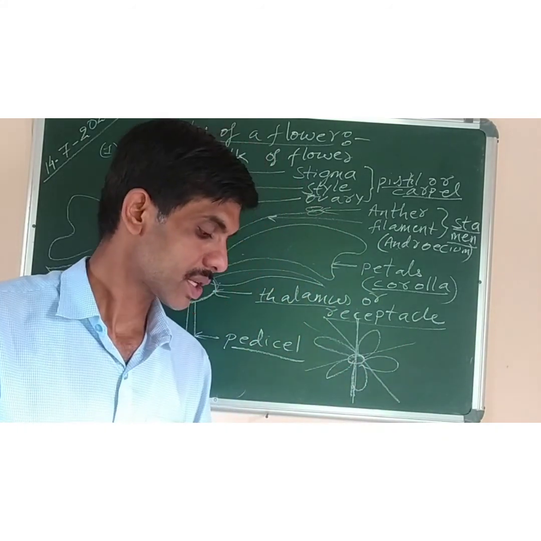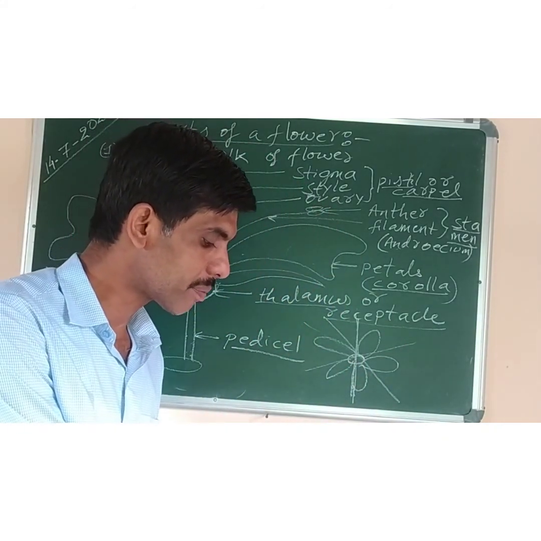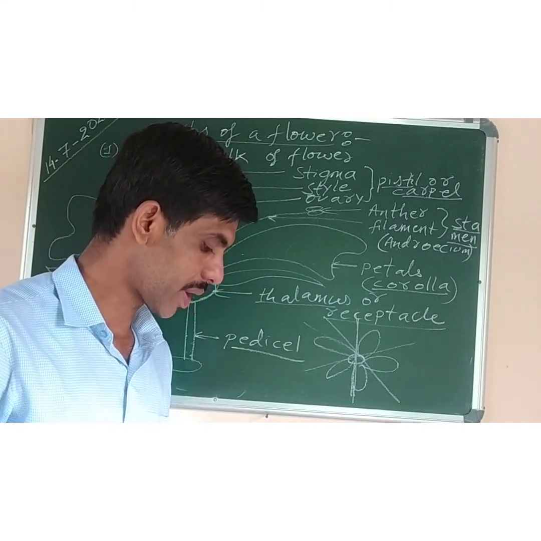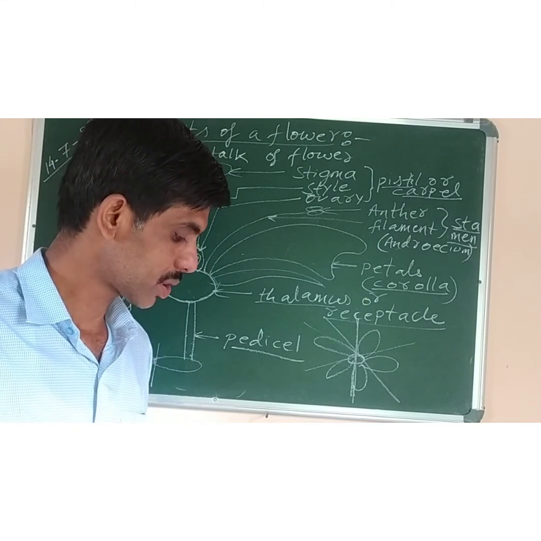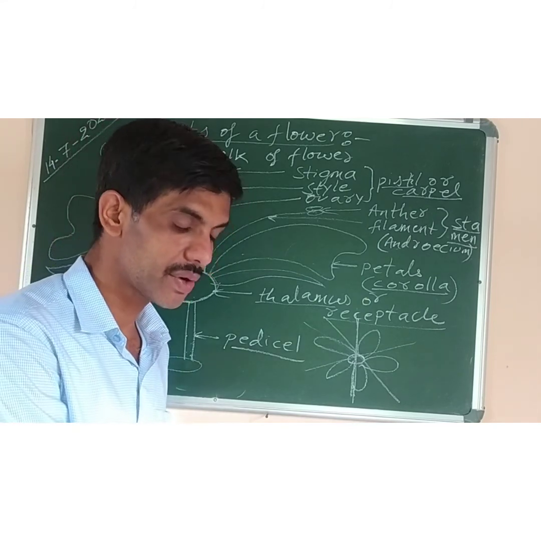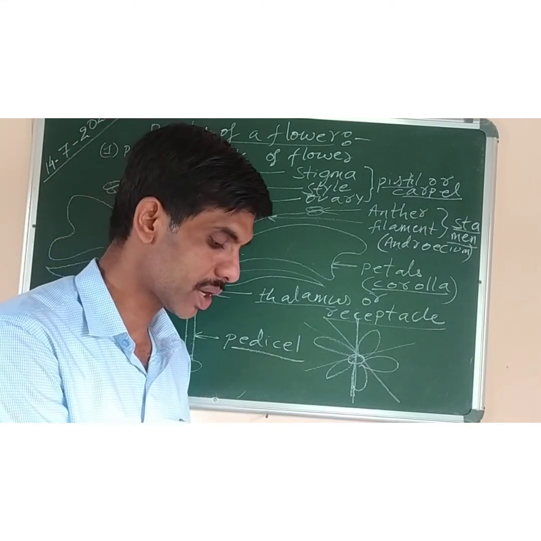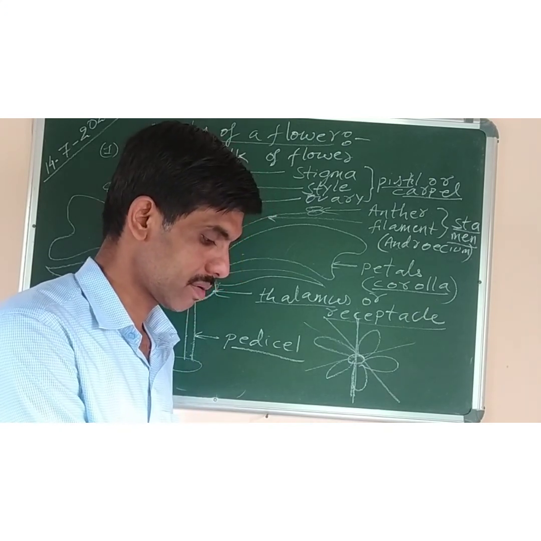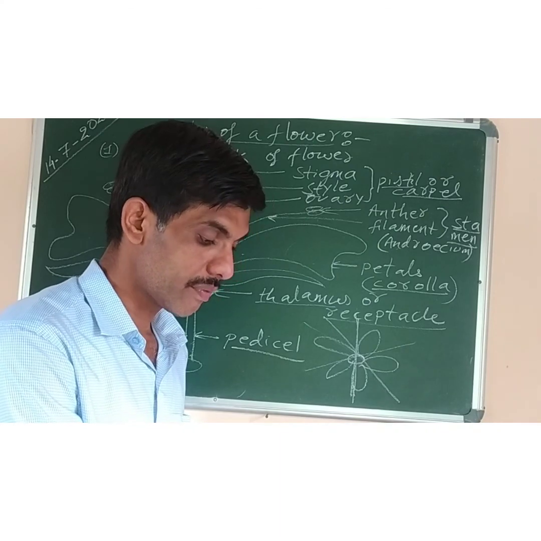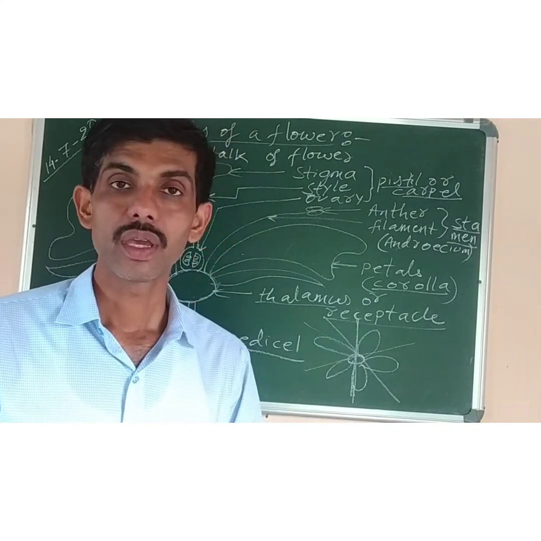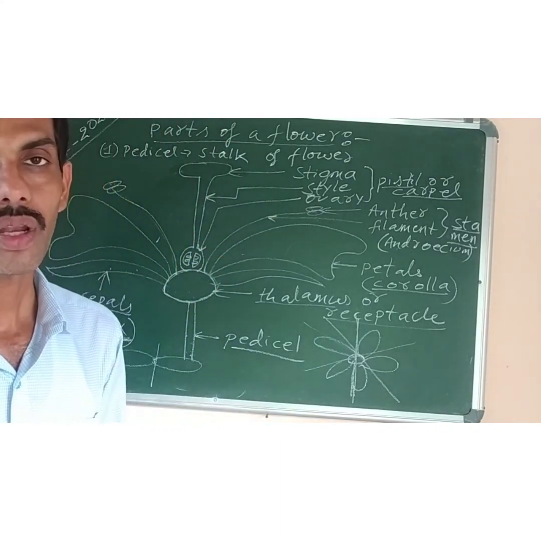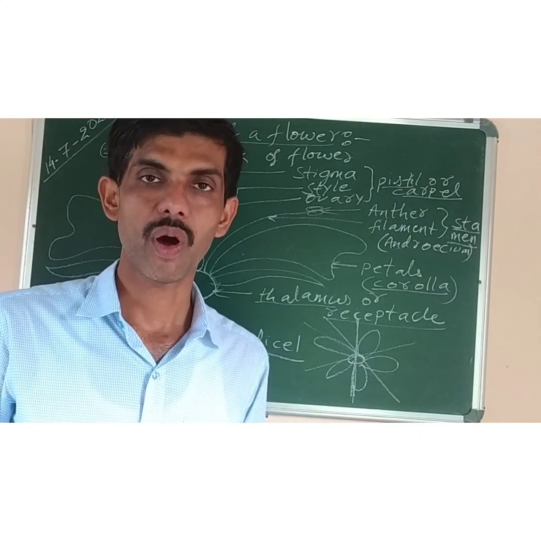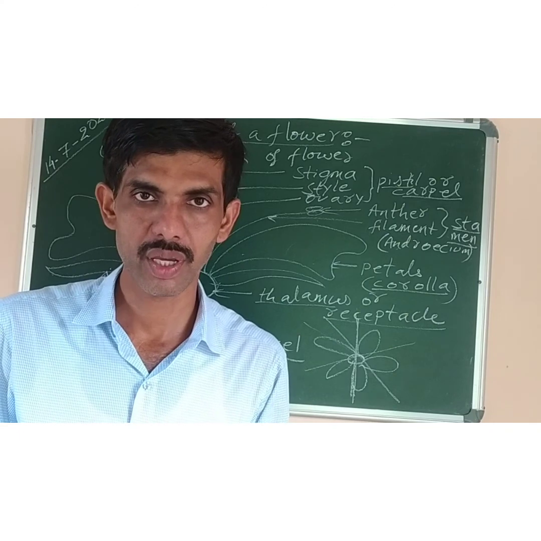In the next class we can study some more parts and complete this chapter also. Okay. Like calyx we have to do, then bracts, corolla, calyx, androecium and gynoecium. Once again we will explain all the parts with the diagram and then this chapter will be over. But for the time being you can concentrate on the preparation for your unit test which is from 20th of this month. Okay, thank you.